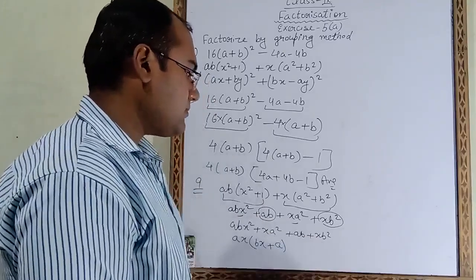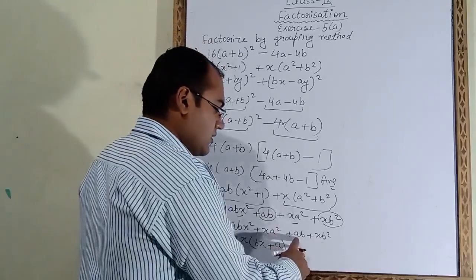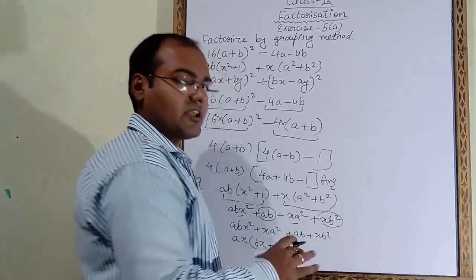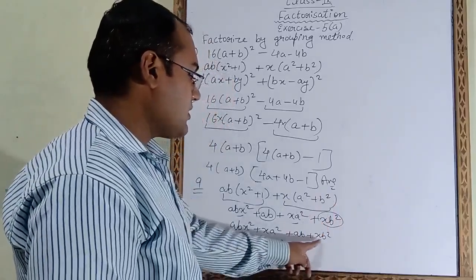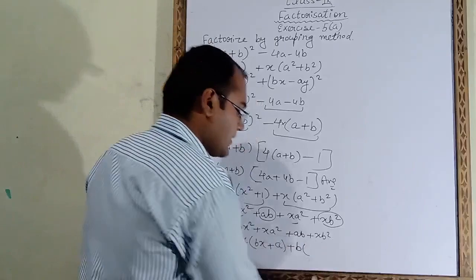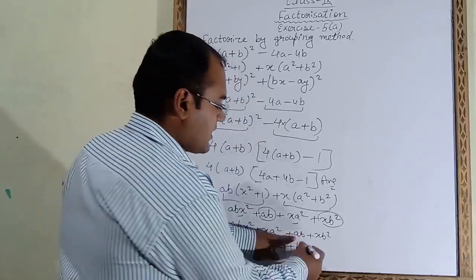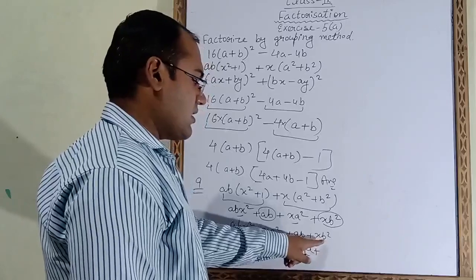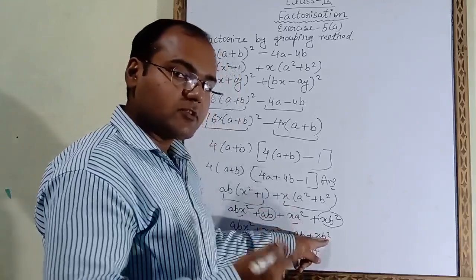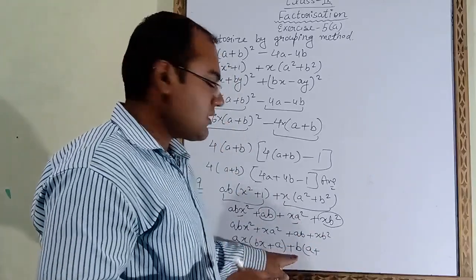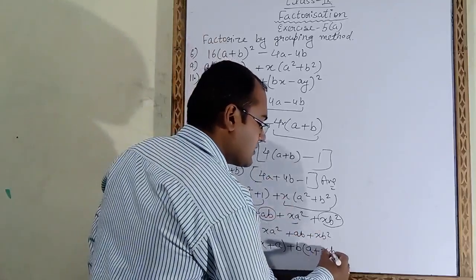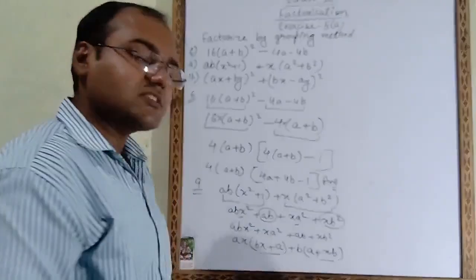Now here again we have to take common. First of all we take the sign. Which sign is coming common here? Plus sign we will take. a is not common, so we will not take a. b is common in both, so b we will take. Now after taking b common, here we will get a plus. Here also we are taking b common. How many b's are there? b power is 2, that means 2 b's are there. 1 b we have taken, so 1 b is remaining, and x also remaining. So what do you have to write? x b.